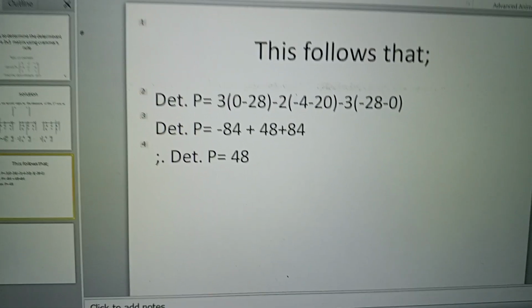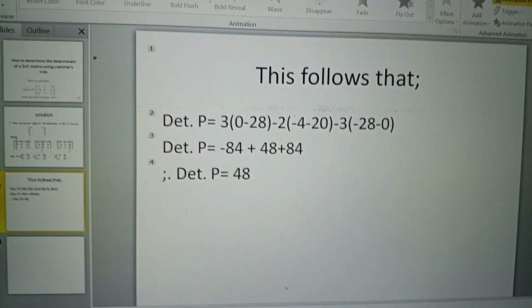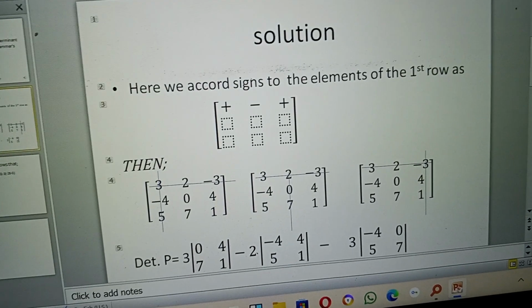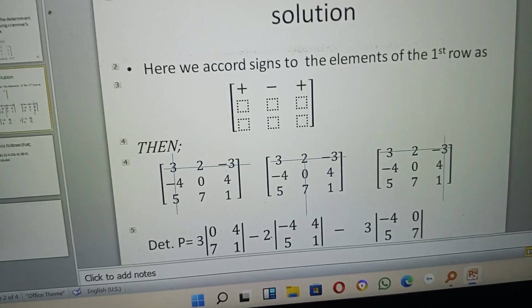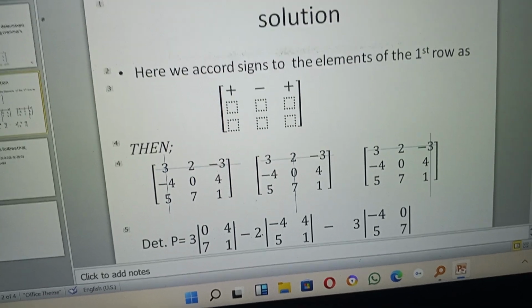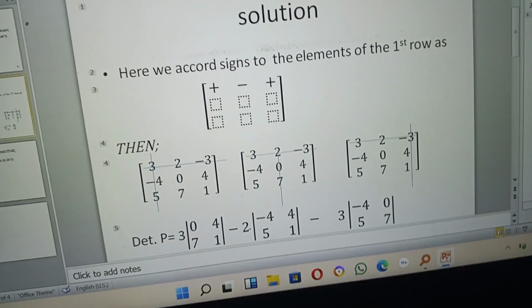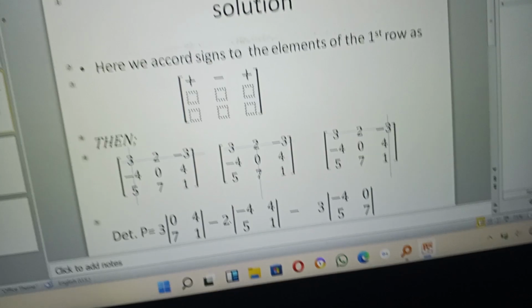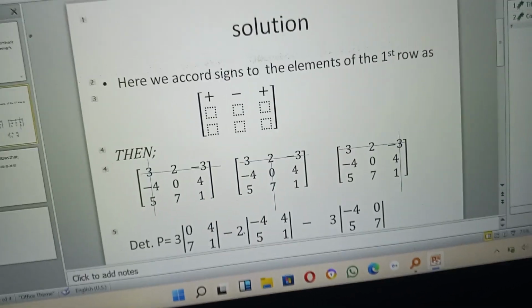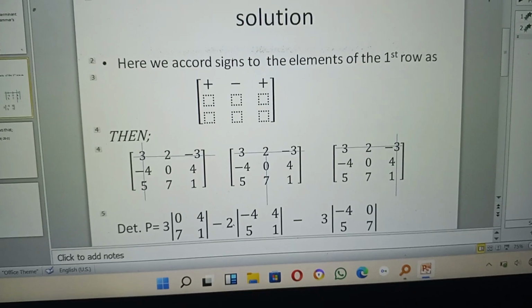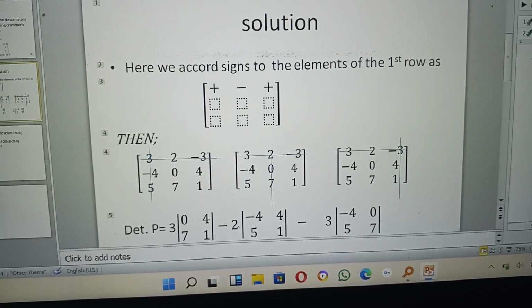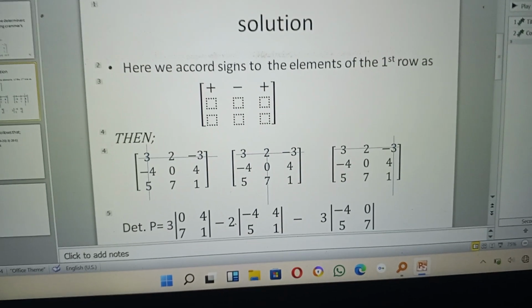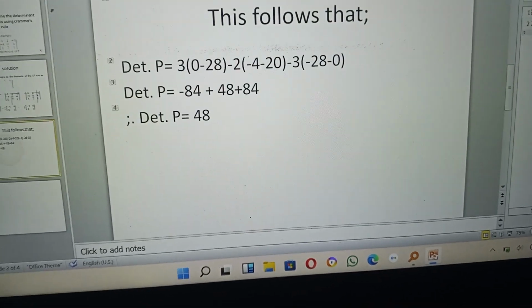multiplied with 0 minus 28. The 0 is coming as a result of multiplying 0 and 1. That is the major diagonal. That diagonal that ranges from the top left corner to the bottom right corner is called the major diagonal or the principal diagonal. Then the minor diagonal is the diagonal that ranges from the lower left corner to the upper right corner. That's the main diagonal.